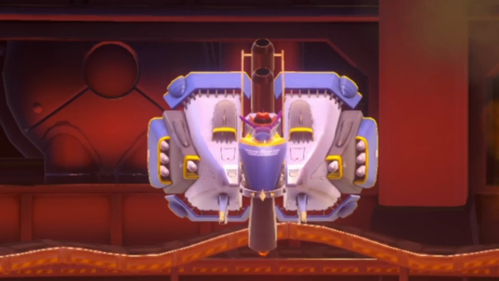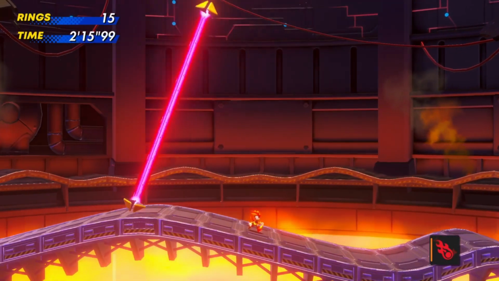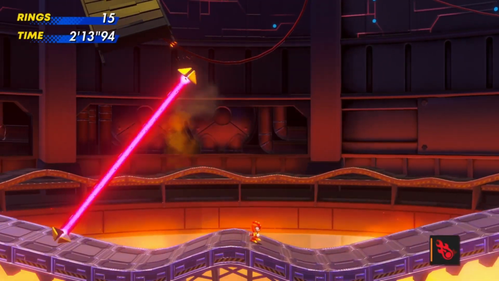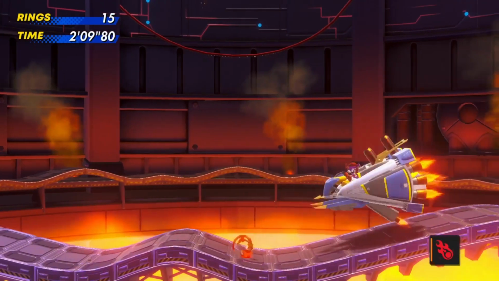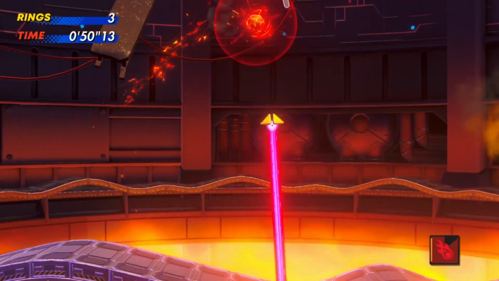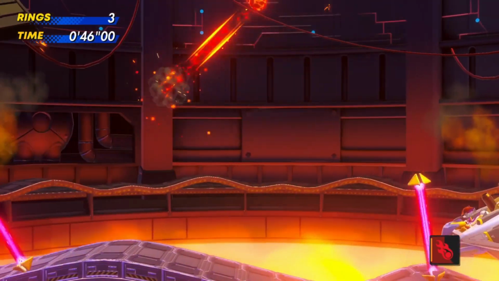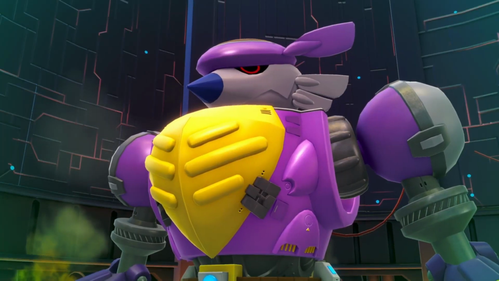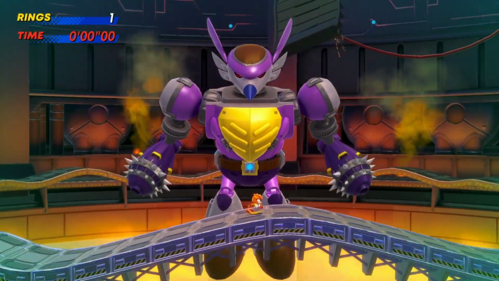To make matters worse, Fang also has a bunch of one-hit kill moves, so even if you had 100 rings in this fight, you can still be insta-killed if these hit you. There's these pink laser beams that he will fire out at you that you can easily slam into in the first wave of the fight if you're not careful, and then in the second phase of the fight, when he transforms into the giant mech, things get even